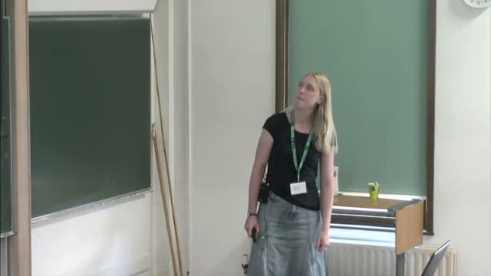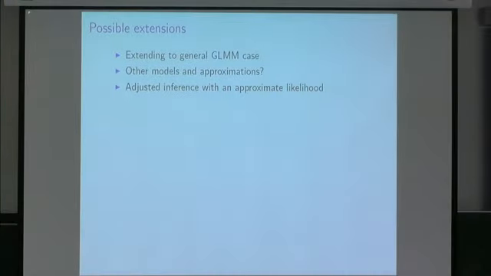Thirdly, I've talked a lot about naive inference with an approximate likelihood, which is this process of just taking an approximation and then forgetting about the fact you made an approximation, treating the approximate likelihood as if it was a true likelihood. Now, instead of doing that, you could acknowledge the fact that you've made an approximation and say, I know this isn't a true likelihood, but I'm going to use it, and make adjustments to your inference to cope with the fact that you've done that. So that's something that's quite similar to what's done when you're doing inference with a composite likelihood. Applying those same kind of techniques here could have some potential to improve the inference you get out using an approximate likelihood.